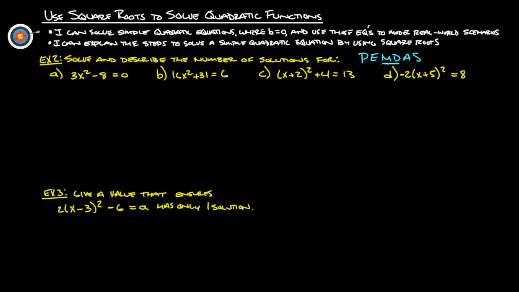Now, and then these always go together, and these always go together. Now, when we're solving, we want to do the opposite. So we want to add and subtract first. So we're going to go this direction. We're going to add and subtract first. So the first thing we want to do, add 8,